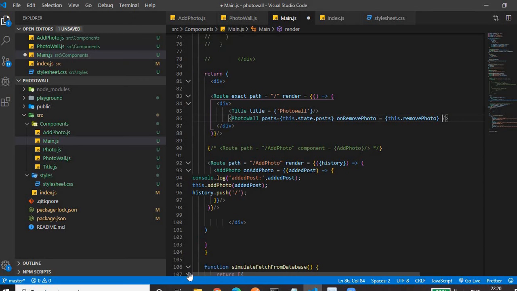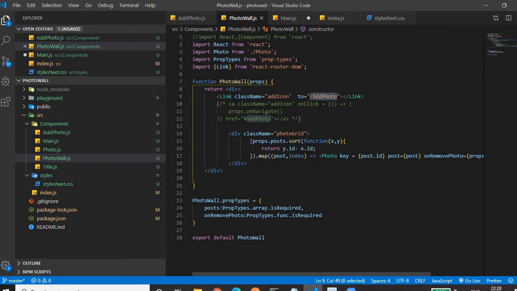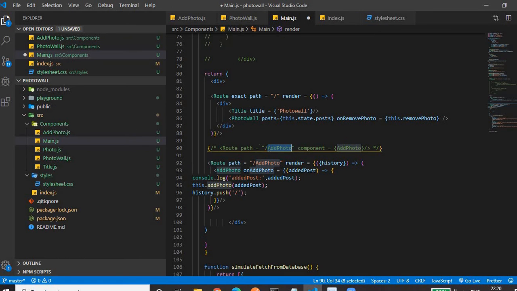Then the second Route, when the path is add photo. This is the path that we have configured on click of the plus button. So when the path is add photo, let me uncomment this. When the path is add photo, here we are not specifying the render function. Here we are specifying the component.